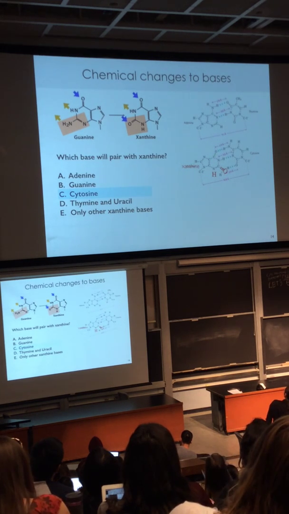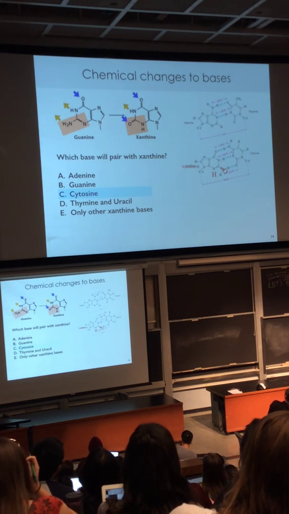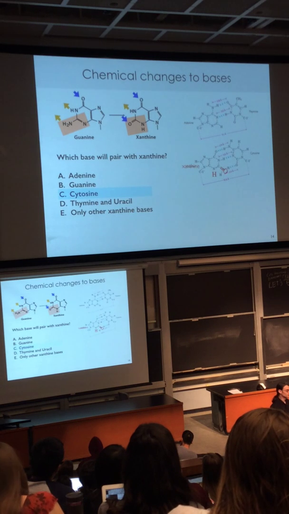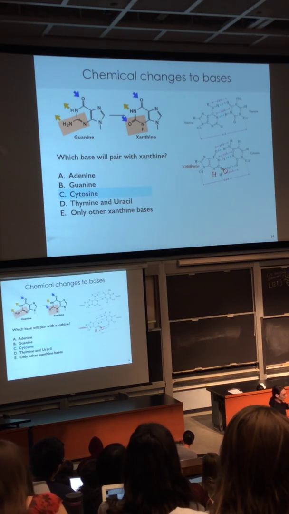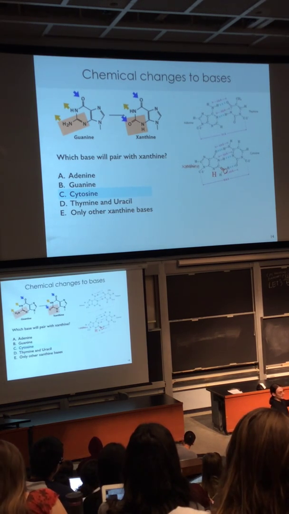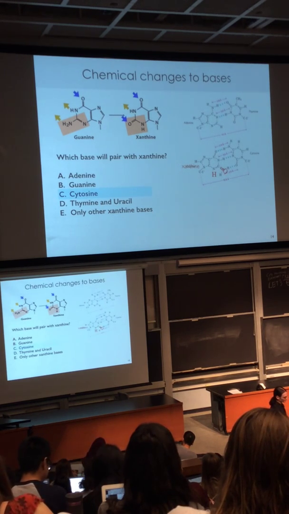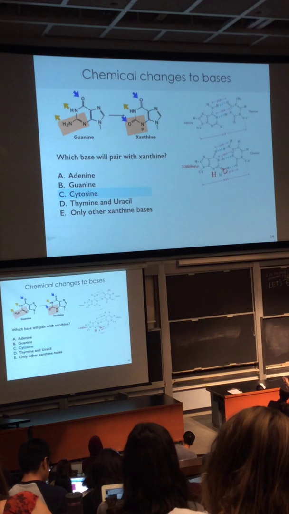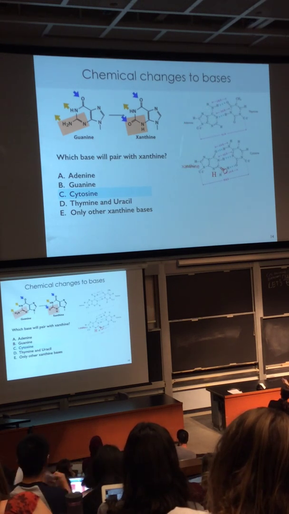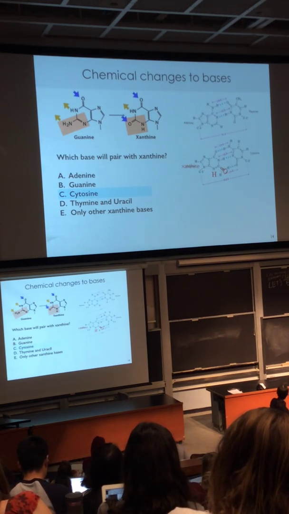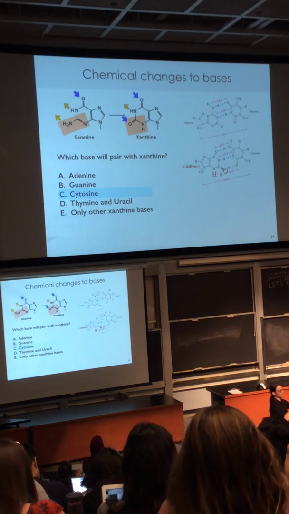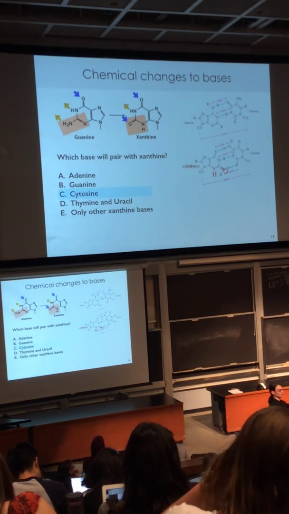And I think the other principle that's important to remember is that in terms of the proper size of the base pair in the double helix, it's important that we have a purine like adenine, guanine, or xanthine, and a pyrimidine like thymine, uracil, or cytosine, one on each side. If you have two purines, it's physically